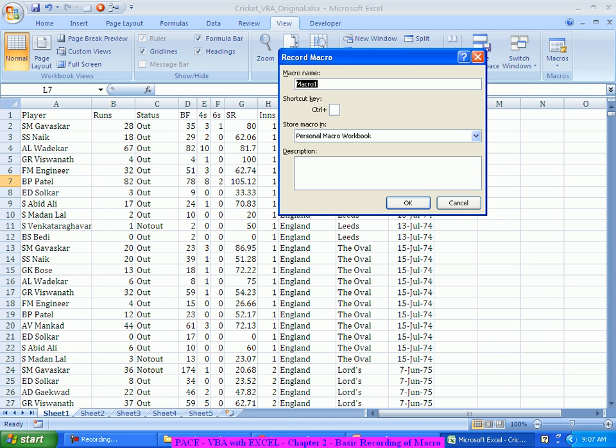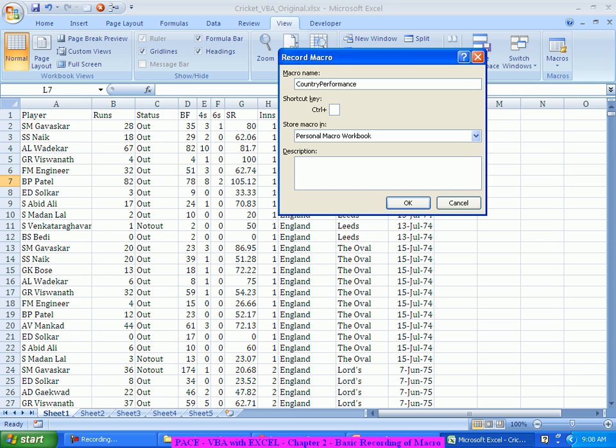I'll give a name to this macro: Country Performance. And if required, I can give a shortcut key to this, Control plus something. Probably something which is not commonly used, please give. Otherwise, if I give Control C, then copy will not work; this will replace the copy.